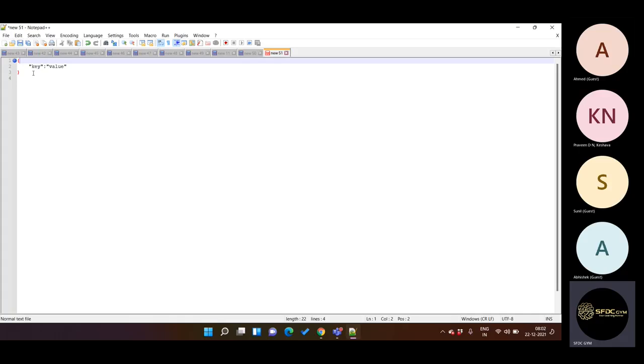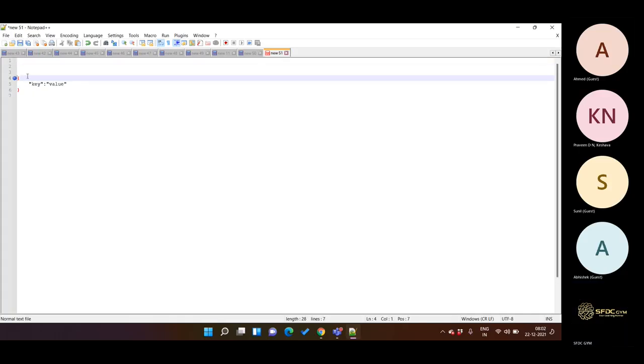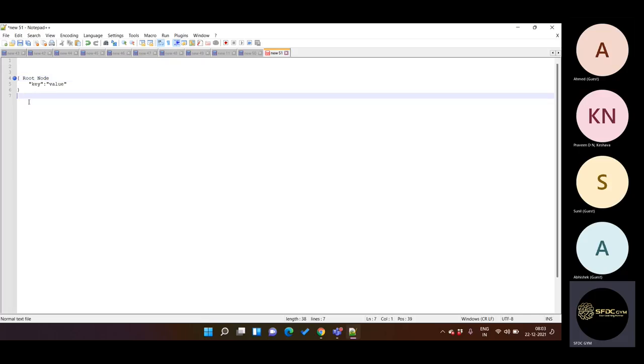Let's also talk about the nomenclature. This is what is called your root node. In one path, there will be only one root node, and then we can divide into parent and child nodes. So let's see how we can do that. Let's say we want to show account related information. In that case, this will be the root node. Inside the root node, we will add